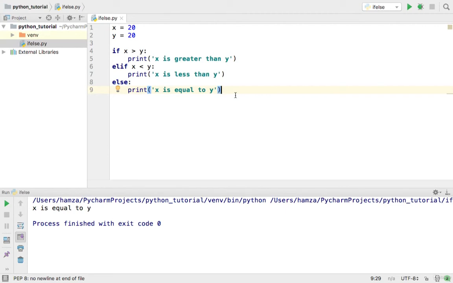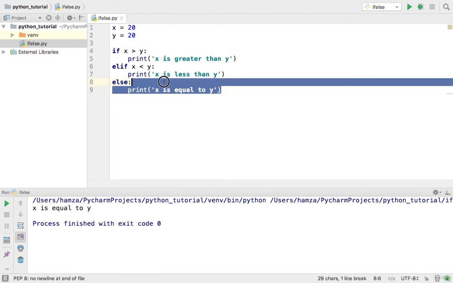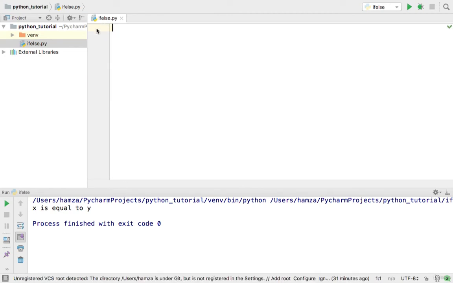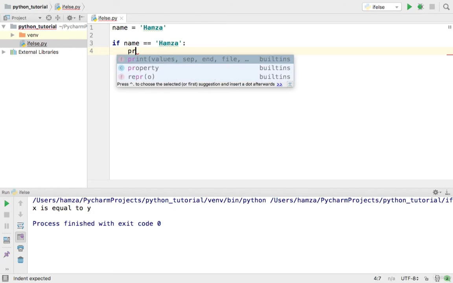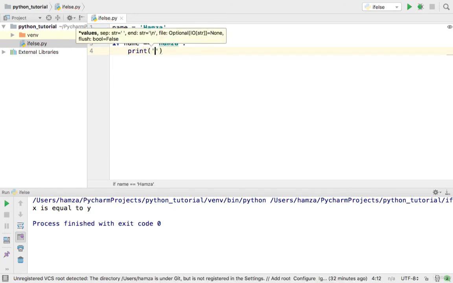We can also apply if and else on strings. So let's quickly write an example of string. I will make a variable name which is equals to Hamza, and I will write a welcome message if my name is equals to Hamza. So I will write if name is double equals to Hamza, print welcome Hamza,